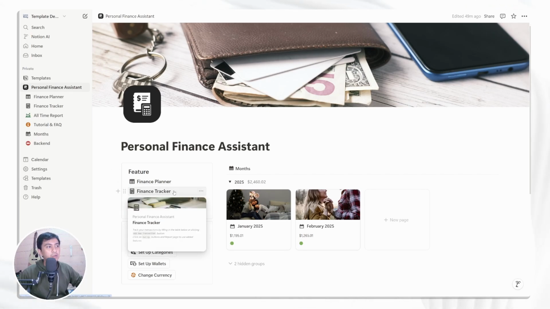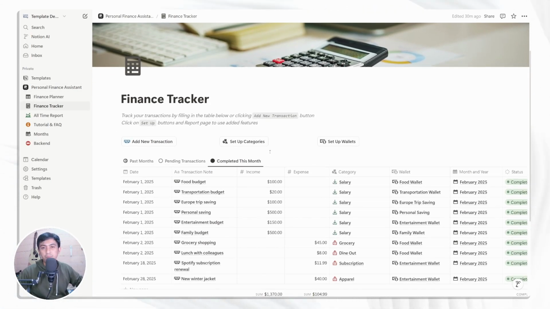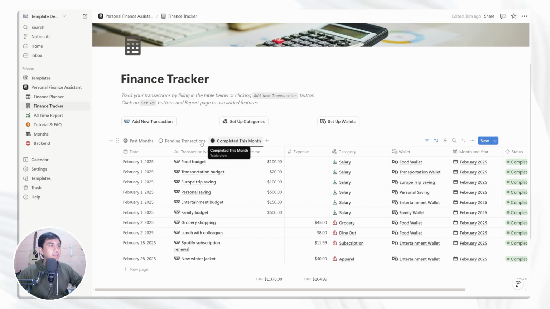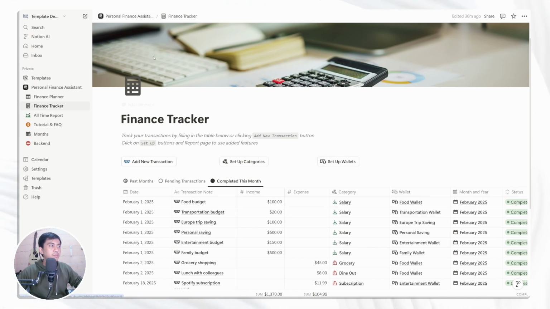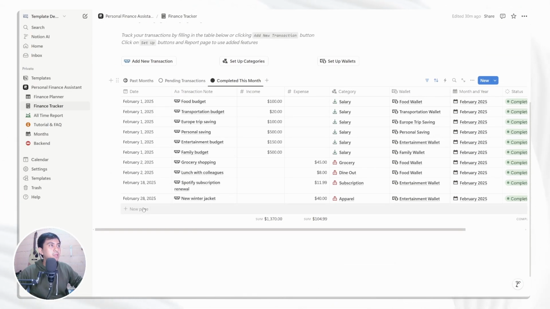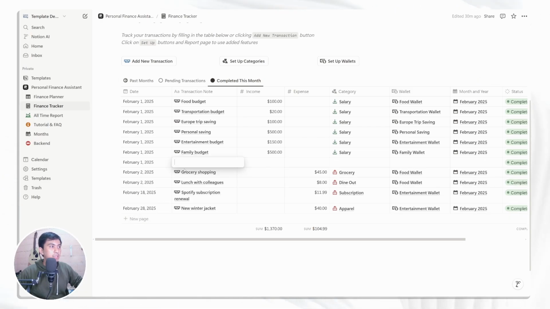And for the finance tracker, it's going to be really quick because the tab is very familiar to you. It's the same: completed, pending, and past months. Let's say that you already planned your monthly finance plan, and then you go on with your life, and then you made a new purchase and you want to track it. I want to keep every record of my expenses so that I can see the performance of my finance management. I can just go directly from the home page to the finance tracker, and then you can click here to add a new table,